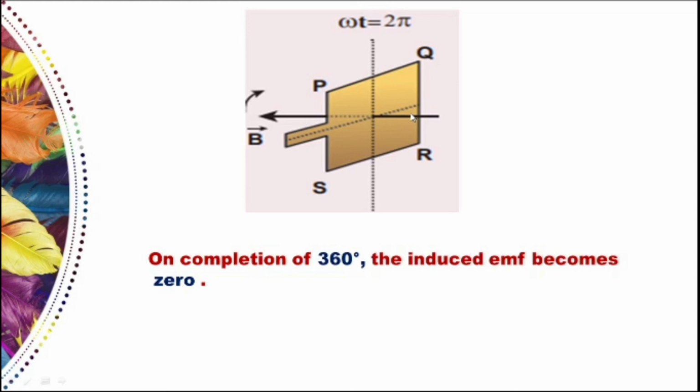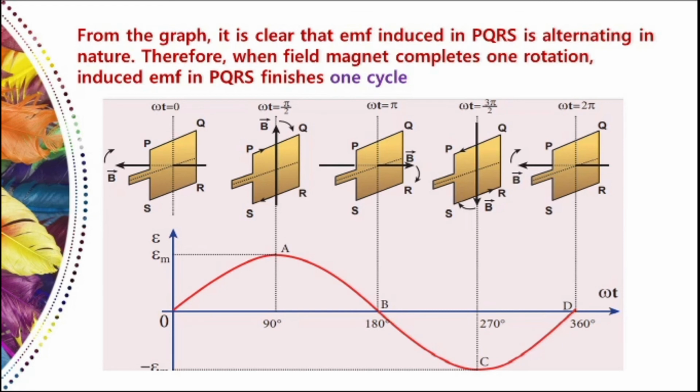So shall we learn now the graphical representation or variation of induced EMF with respect to time angle. See, this is positive maximum and this is negative maximum. So for the initial position where the field magnet has not started to rotate, time t is equal to 0, omega t is 0, that is why